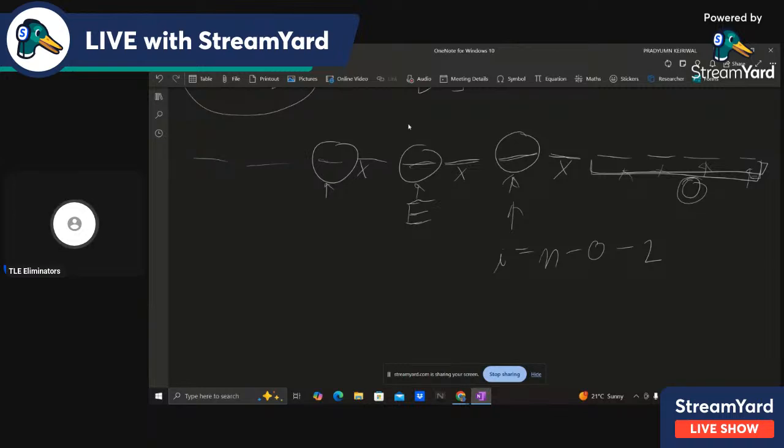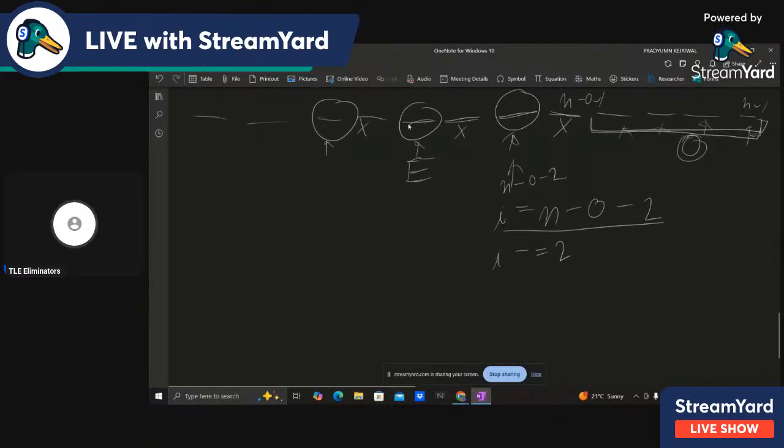Because this length is o, that means this is n minus 1. So this will be n minus o minus 1, and this will be n minus o minus 2. So I'll start i at n minus o minus 2, and I will do i minus equals 2 up till e times. So starting from n minus o minus 2 and ending while i is greater than or equal to n minus o minus 2e,